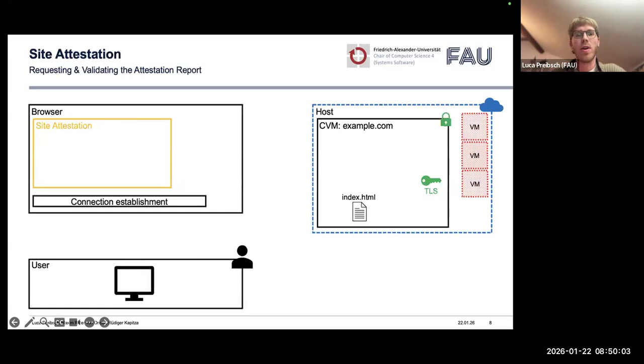Yeah. So let's come to our contribution. As discussed, end users currently cannot validate or even see a CVM's protection, and site attestation is set to change that. We assume an attacker model typical for confidential computing. We want to avoid any access from third parties, but vulnerabilities of the application itself and side channel attacks are out of scope. Site attestation itself is built as a web extension for the Firefox browser in order to keep